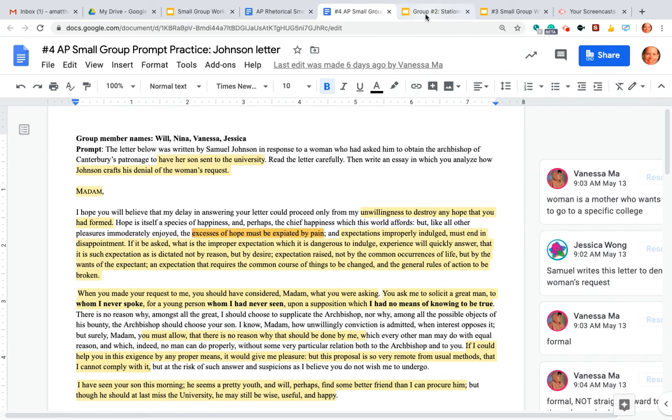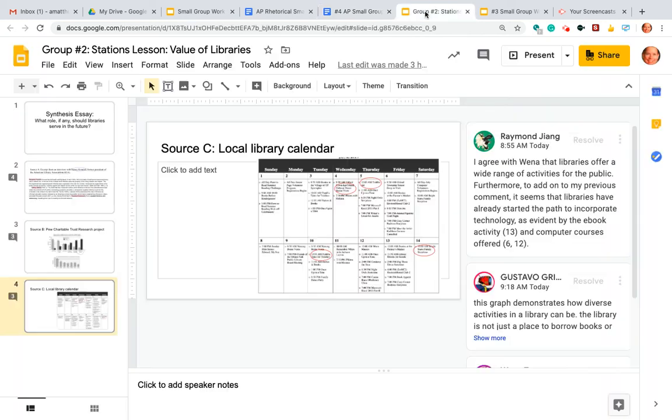The other thing I've thought a lot about is how to replicate those stations kind of work. So I've created a different set of slides for each group. Each group might have their own set of documents, or maybe you could throw a video up on here, a different kind of text to look at, and then they comment together on what they see in that small group setting. And I can come in and out of these groups and see how they're doing in their conversation and in their comments on the text.